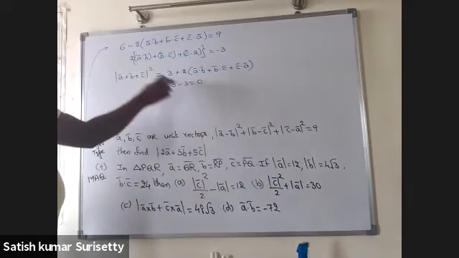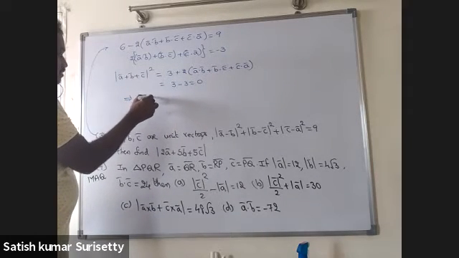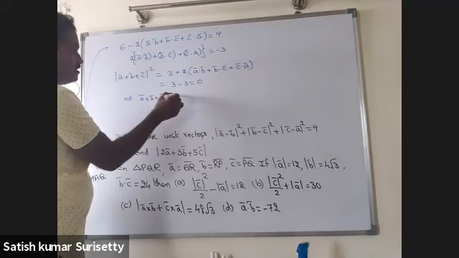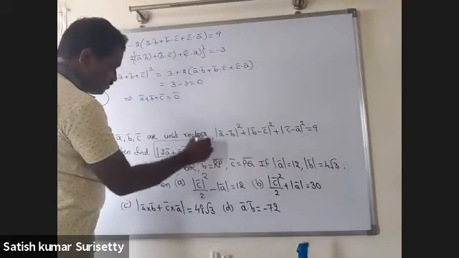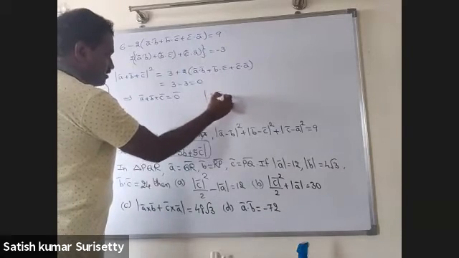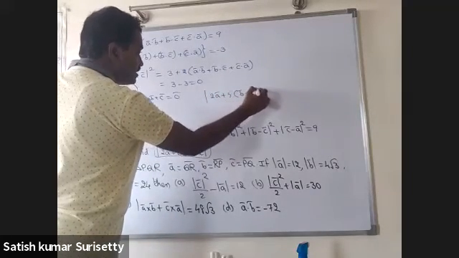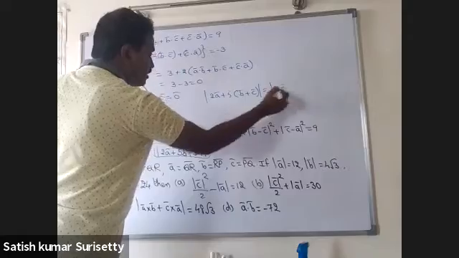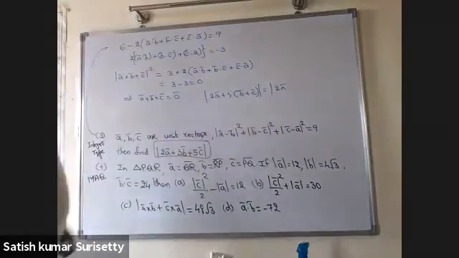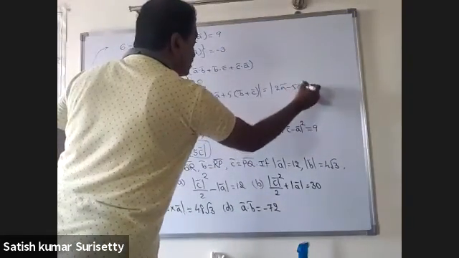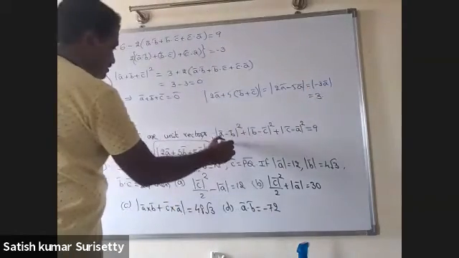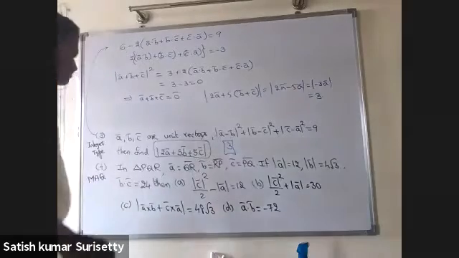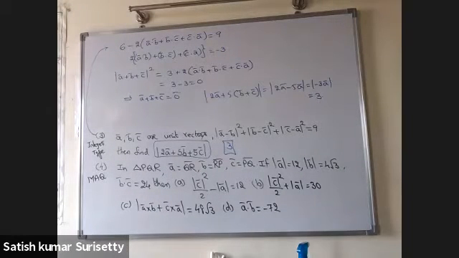So modulus of whole square equal to 0, which implies A bar plus B bar plus C bar equal to 0. Now use this in this condition. So modulus of 2A bar plus 5 into B bar plus C bar equal to modulus of 2A bar plus 5 into B bar plus C bar, and B bar plus C bar equal to minus A bar. That is 2A bar minus 5A bar, that is modulus of minus 3A bar, which is equal to 3. So the answer is 3. This is a previous year advanced problem, integer type.